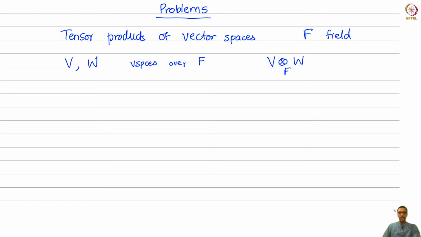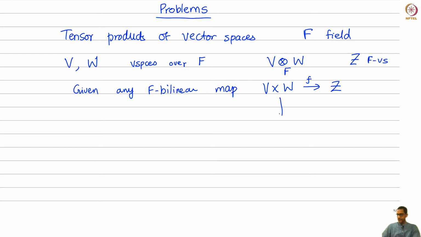You can define it as the object which has this universal property: given any F bilinear map from V cross W to any F vector space Z, then this map gives rise to